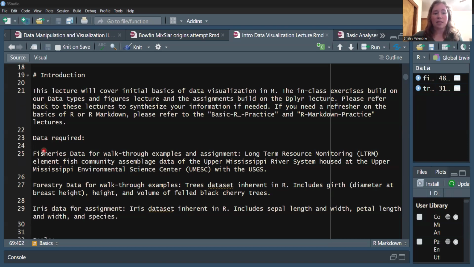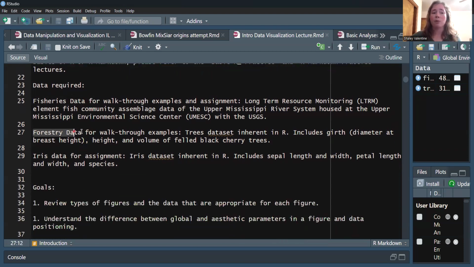We have three different data sets that we're going to be using today. We have the fisheries data set we have been using for examples of community assemblage, multiple species, looking at length and weight. We have a forestry data set on the height, volume, and girth of trees. And we have an iris data set on sepal length, petal length, and width, and different species for you to